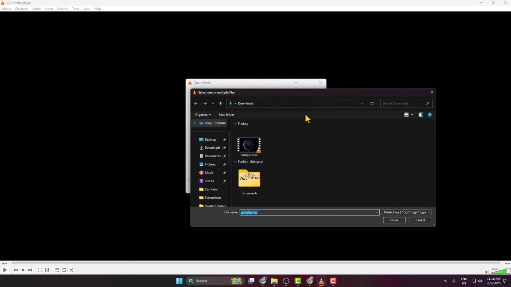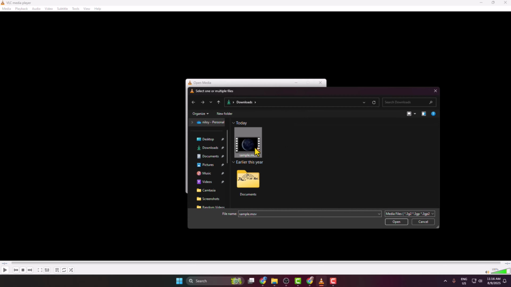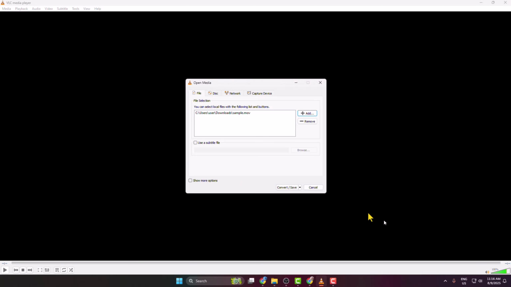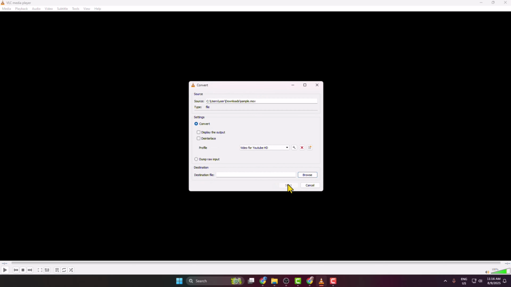Here click on Add, and now from your computer select the MOV file and click on Open. Once the file is successfully opened, click on Convert and Save. Now click on this profile drop down, and here you have to select this video